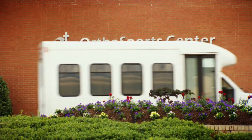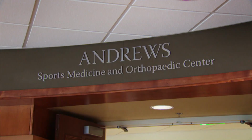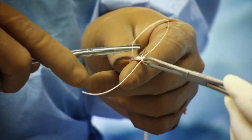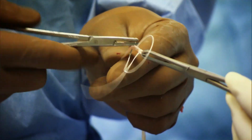Transworld Sport was invited into the operating room at the Andrews Sports Medicine and Orthopedic Center in Birmingham, Alabama, where we filmed a Tommy John operation in progress. He became known as an elbow specialist when most people wanted to shy away from the elbow. So the elbow is a tough joint. It's not a common joint that people like to deal with. It's a very complex joint, and especially in an overhead athlete, it can be very challenging to treat patients with